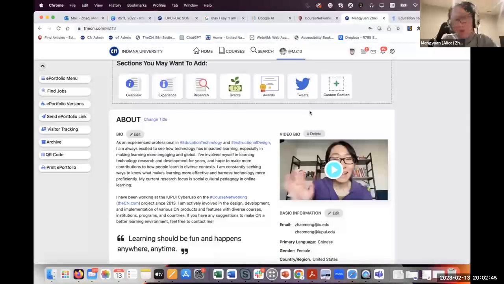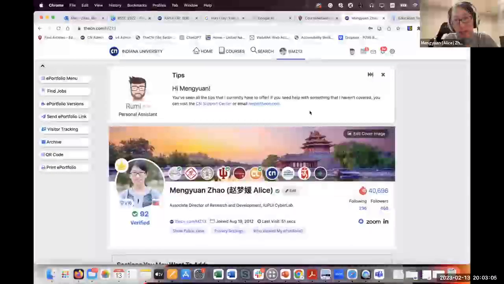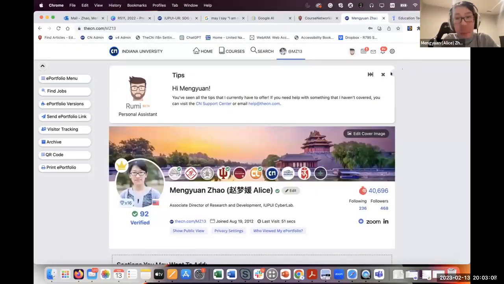Let's say they haven't created a showcase, there will be a tutorial encouraging them to create a showcase. Let's say an instructor is teaching a course and hasn't set up badges. We will give some introduction to badges and the values and how to set up badges, stuff like that. Yeah, to try to make learning and teaching more personal.